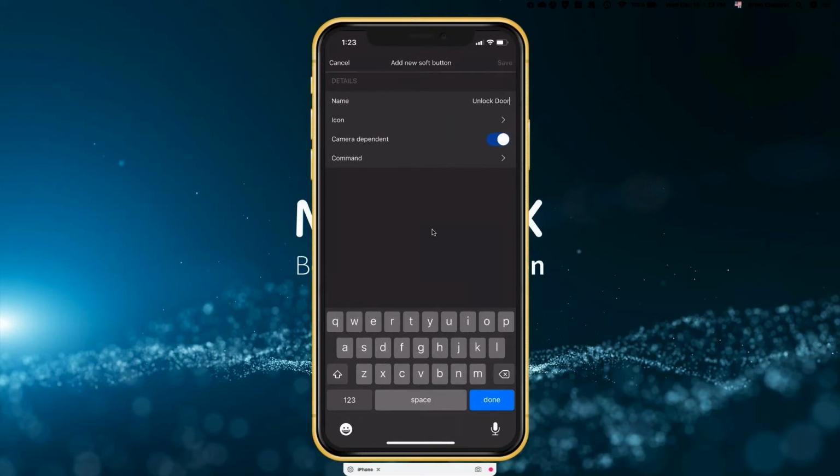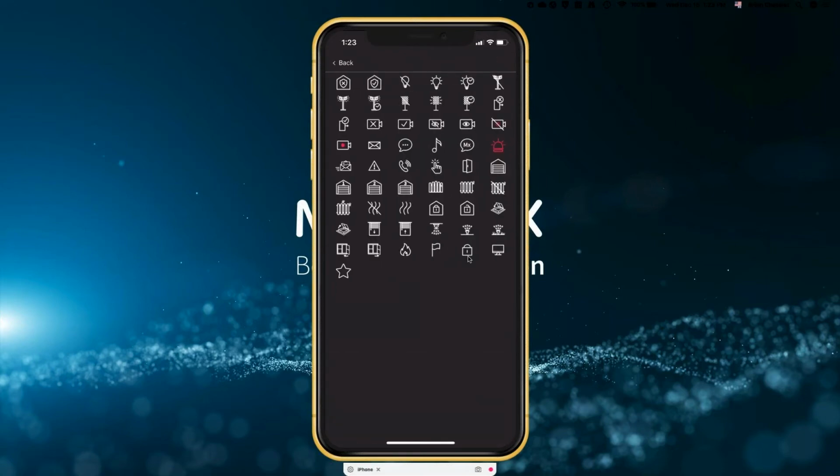Then it allows me to choose an icon to associate with this, so it shows up on my toolbar, and I'll show you in a little bit how that shows up. But tap on this line anywhere, and it'll go to the available icons, and you can see it's a fair amount.